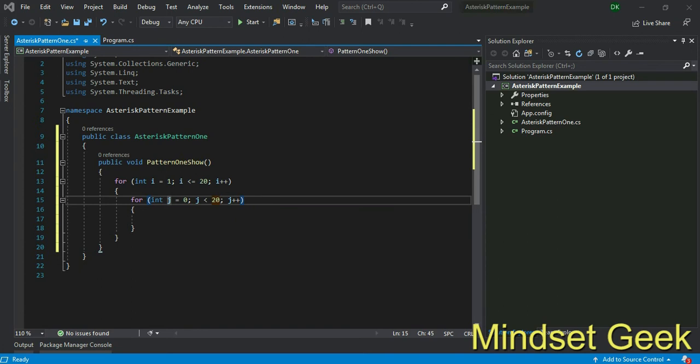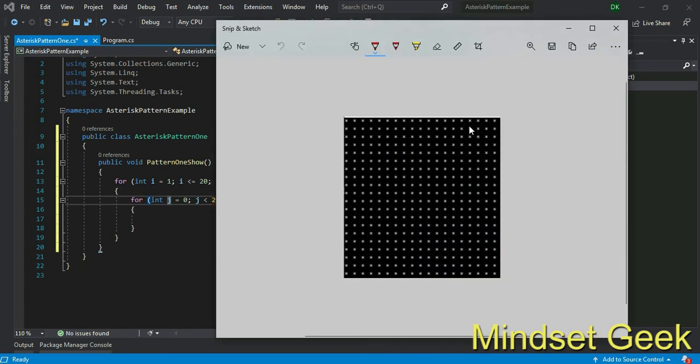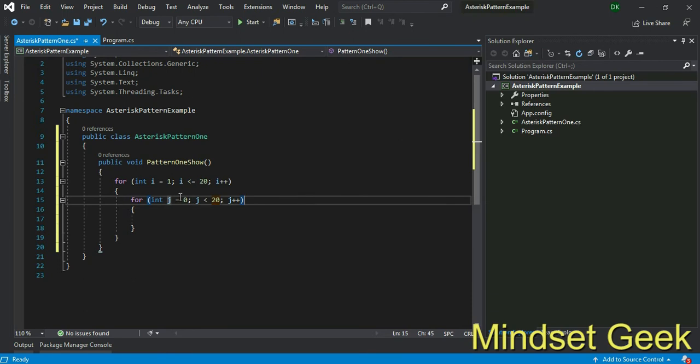The reason is this 20, right? I imagine it will be 20 times. It also runs 20 times, iterates 20 times.